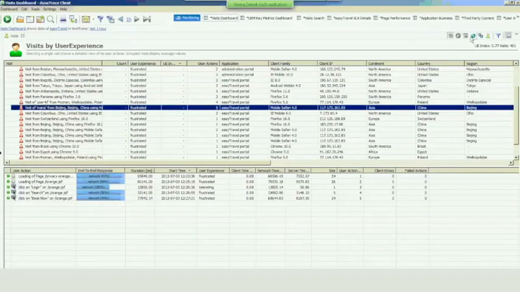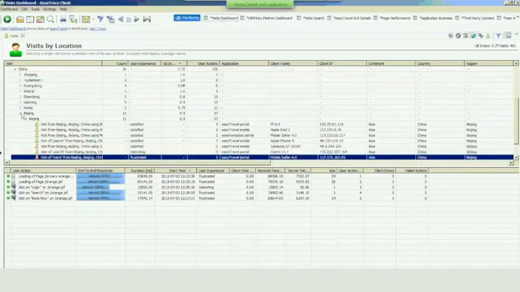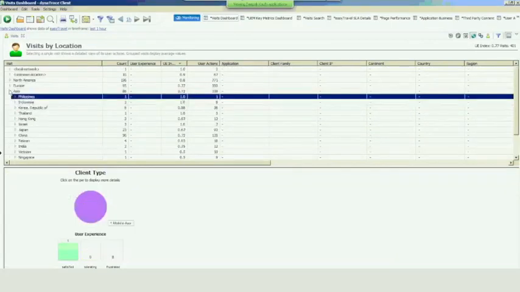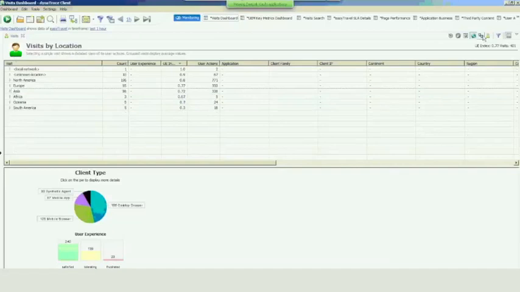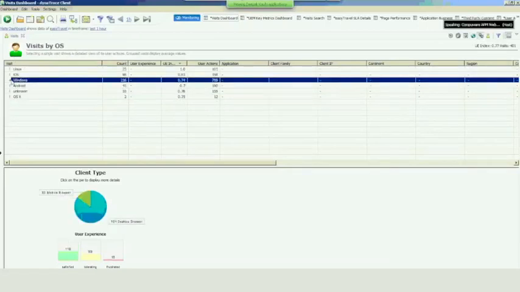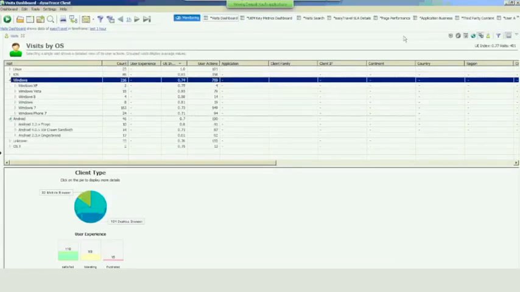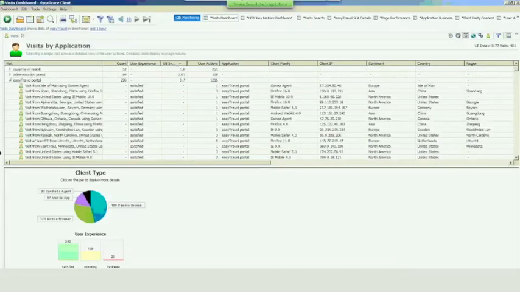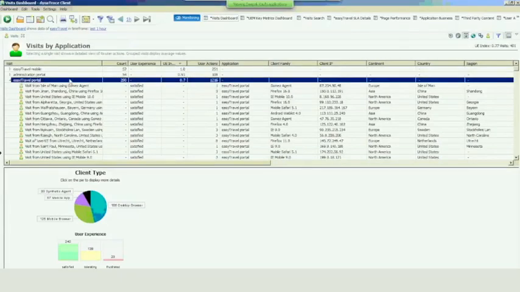You can group them differently, see what kind of places they came from, like this is China or this is Asia. You can look at which countries they came from, look at the operating systems they came from, and what they were trying to do with those. You can group them by the browser location or the browser types to see which application they are looking for. So the value add is your conversion rate.